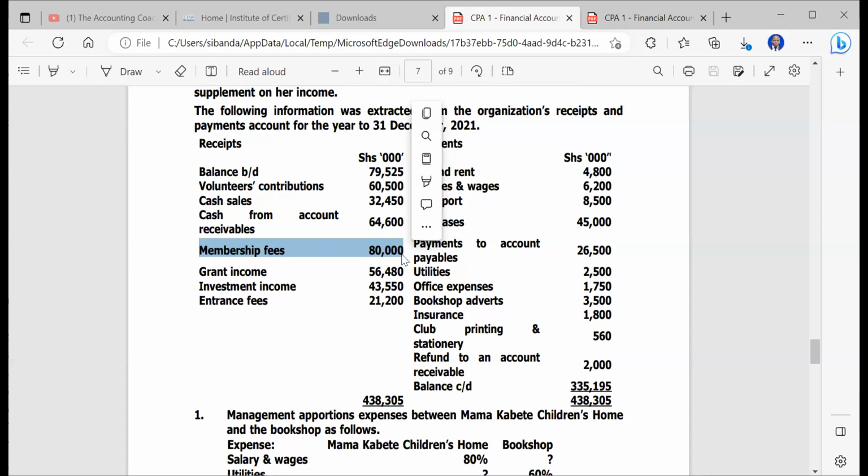Now, what this means is that the annual fees will be recognized in full for the year, while the lifetime membership fees are recognized as and when